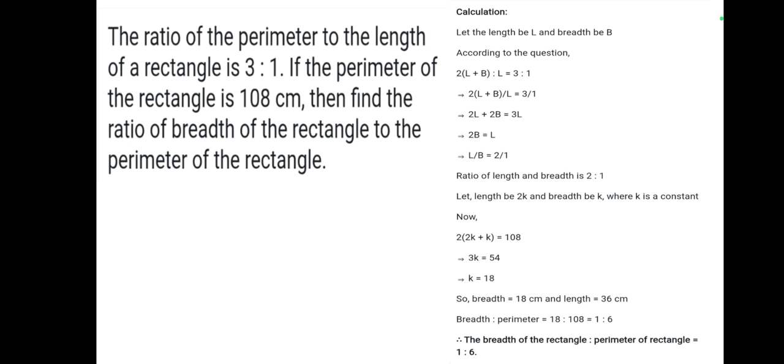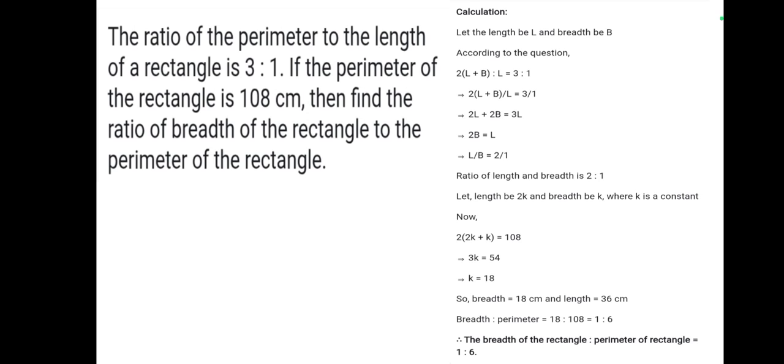Next is a word problem. The ratio of the perimeter to the length of a rectangle is 3:1. If the perimeter of the rectangle is 108 centimeters, then find the ratio of breadth of the rectangle to the perimeter of the rectangle. So let us consider the length of the rectangle to be L and the breadth to